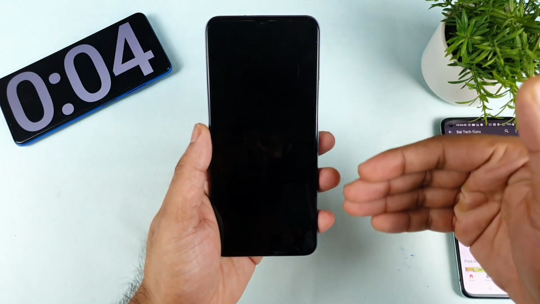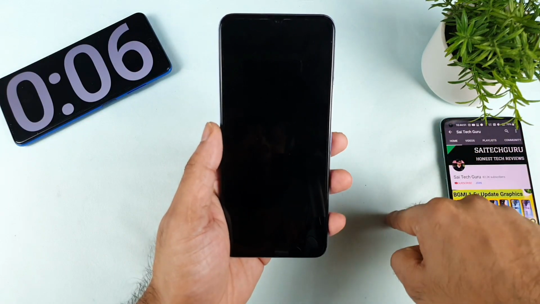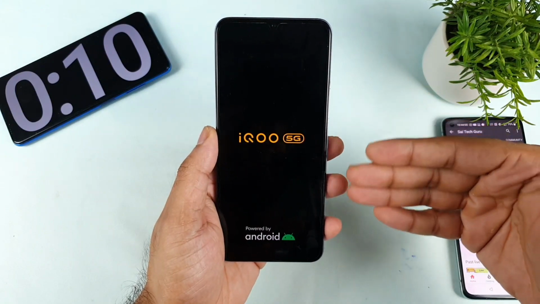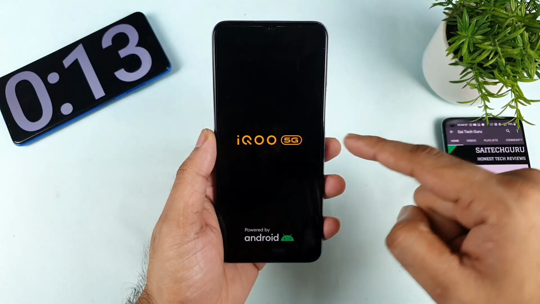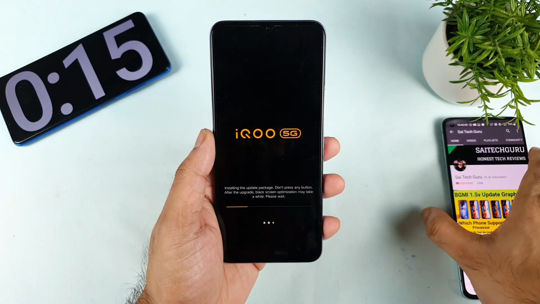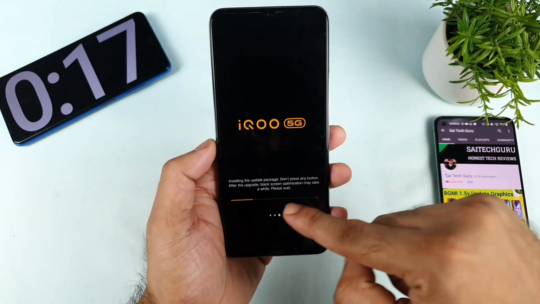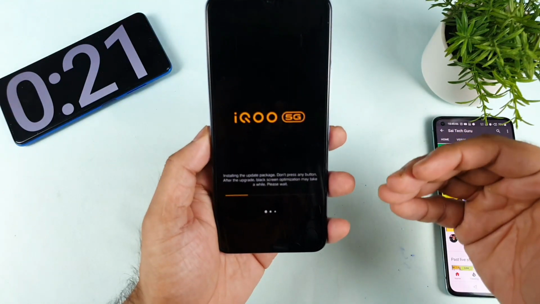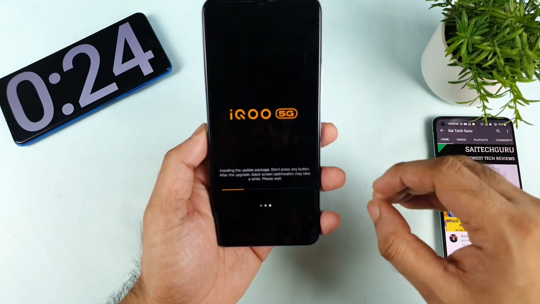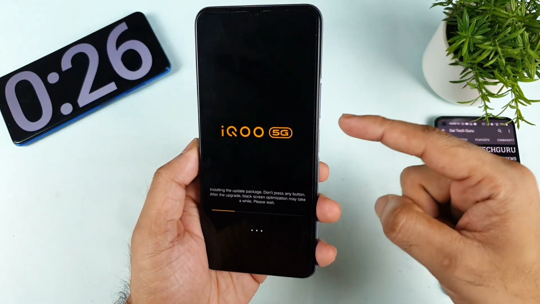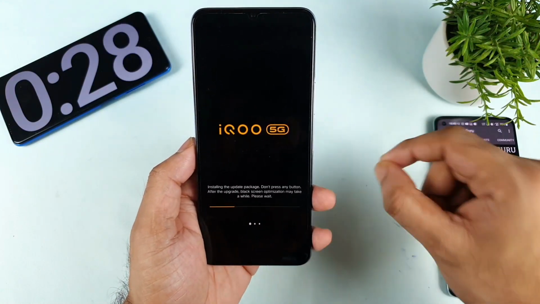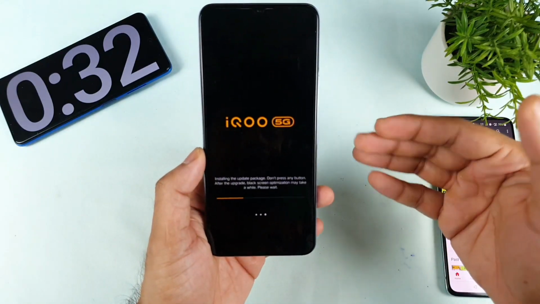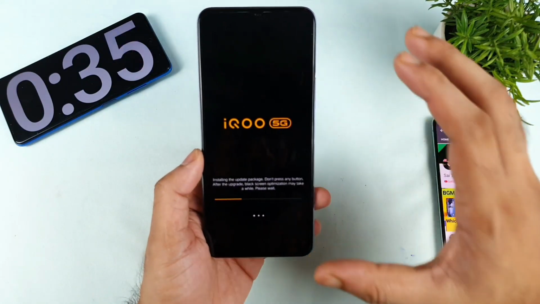Now let's see how much more time the installation process will take, because the download time is completely different from one user to another depending on internet speed, but the installation process will be the same for all users. That is the reason I'm trying to show you exactly what the installation time is. Sometimes it may take 4 minutes, sometimes 5 minutes, sometimes 8 minutes. So you should not get really annoyed and you should not press any buttons. So you should know, okay, this update takes 3 minutes, so you should wait for 3 minutes without pressing anything.